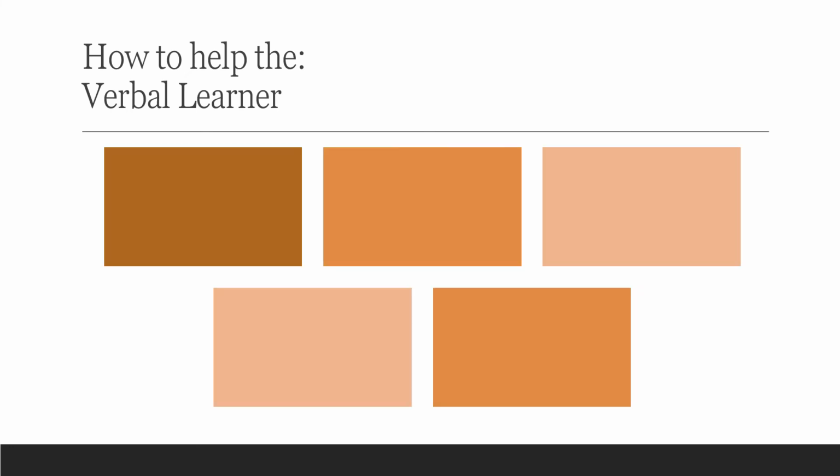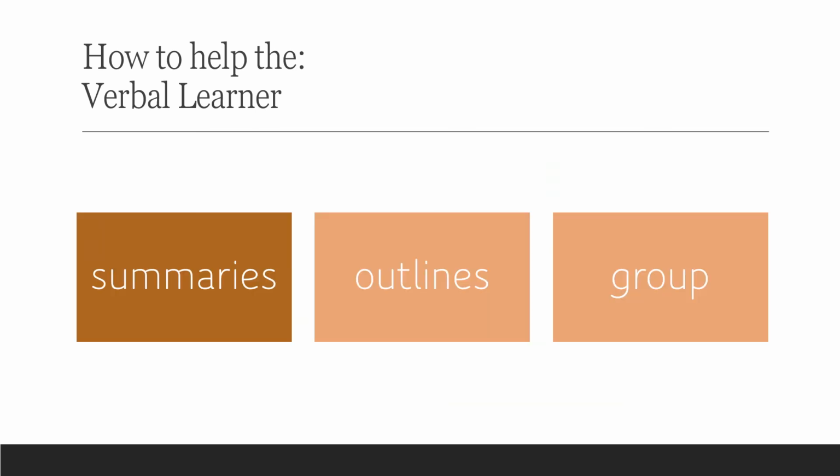Helping the verbal learner. So writing summaries and outlines of the material in your own words is going to be very helpful. Sometimes it can be really effective if you were to sit down and work in a group or with a partner. That way you're able to discuss what's going on, and that discussion piece is very important because now you are including your audio hearing, you're including your eyes, and you're also including your mouth, so you're including more of your senses. And this is going to really help you to learn even more